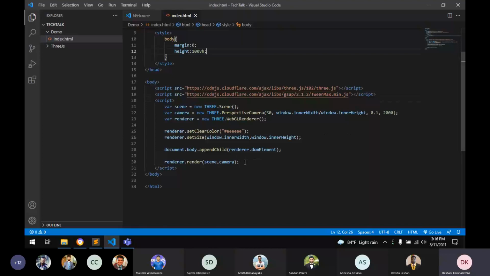And also to make it responsive, I can listen to the resize event.